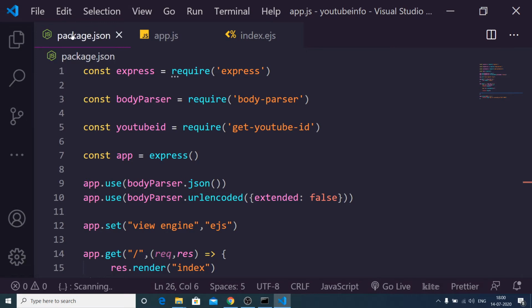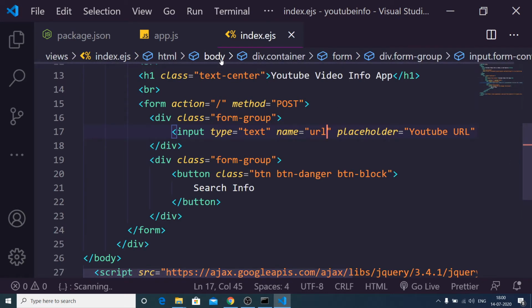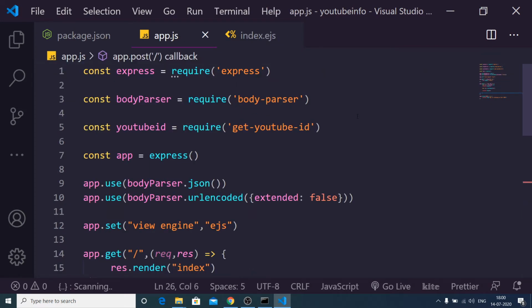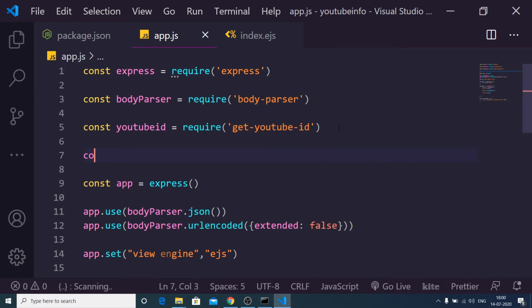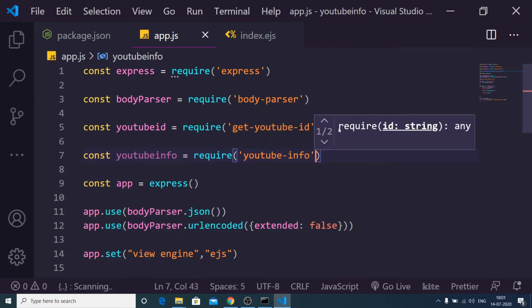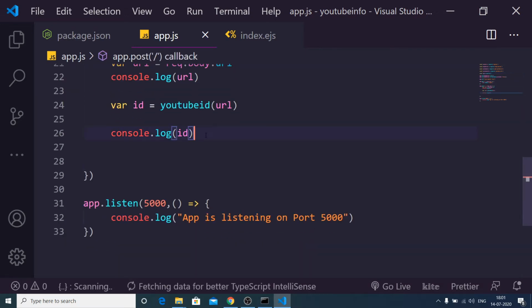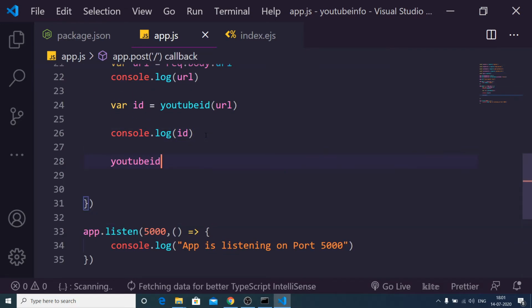Let me check the package.json file. You will see this module which is YouTube info. We need to pass this. So first of all, we need to get this dependency. So we need to include this. So const YouTube info, we need to require it, YouTube info, and we need to pass it here inside after we get the ID. So YouTube info,